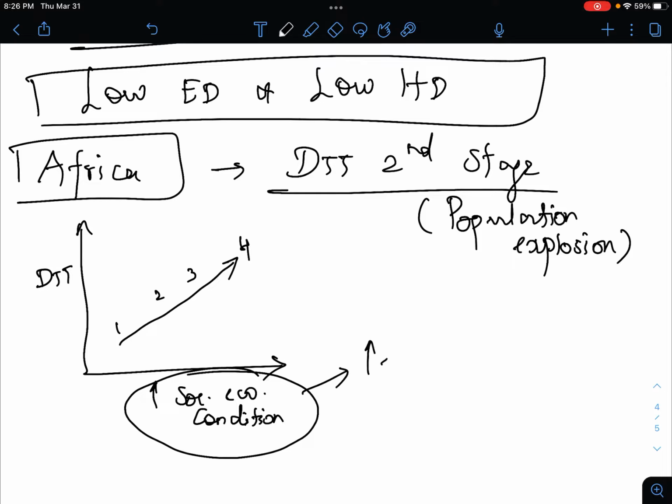Why? You have high education, you have high urbanization, you have low mortality, and all this will lead to good socioeconomic development. So since Africa is in demographic transition second stage, there is a population explosion, and for that its economic development as well as human development is very less. Okay,